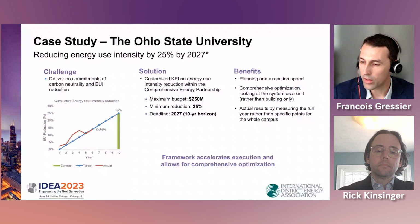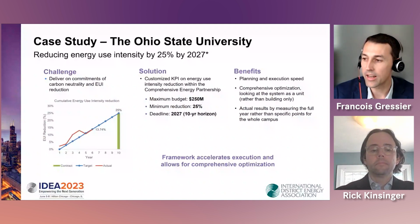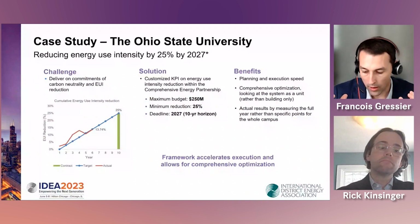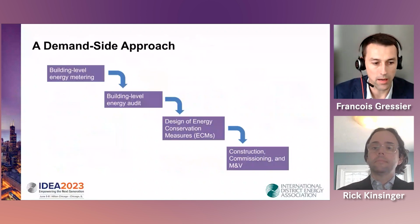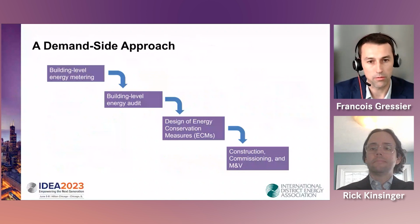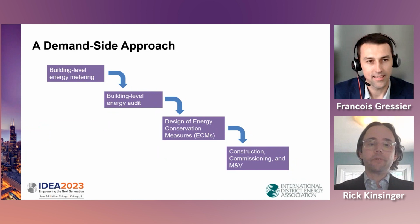So here what I will just highlight is that the concession agreement framework really allows for acceleration of not only execution, but also overall optimization through this holistic plan. I'm now going to turn it over to Rick, who will be talking about the project in question. Okay, great. Thanks, Francois. So as Francois mentioned, there were some pretty aggressive energy reduction goals at Ohio State that